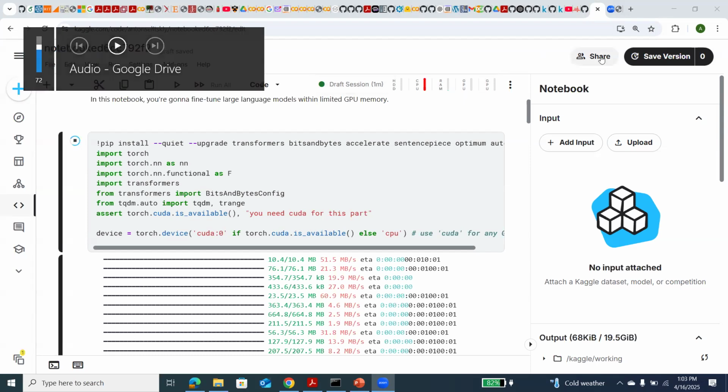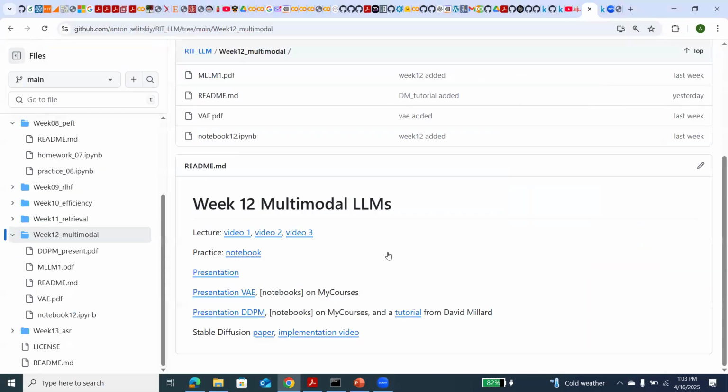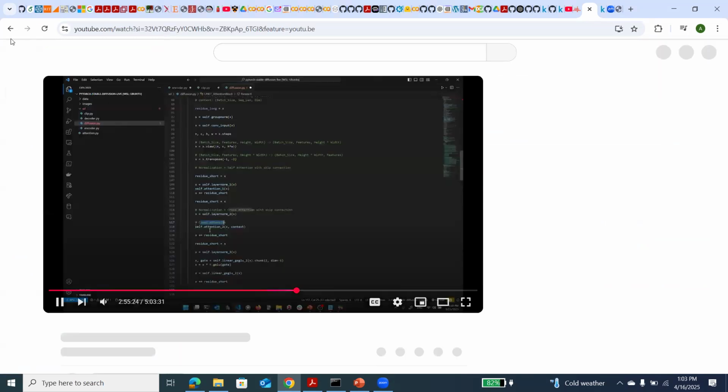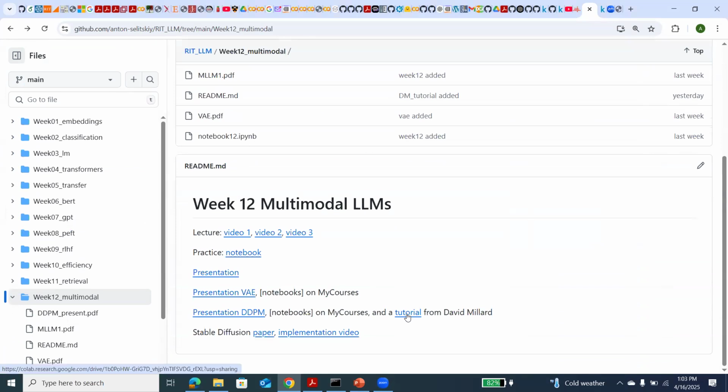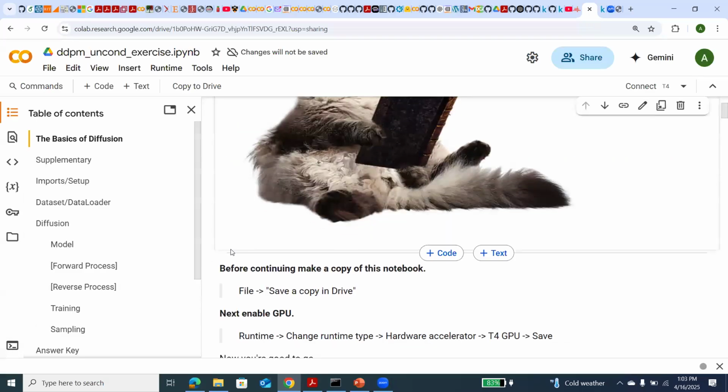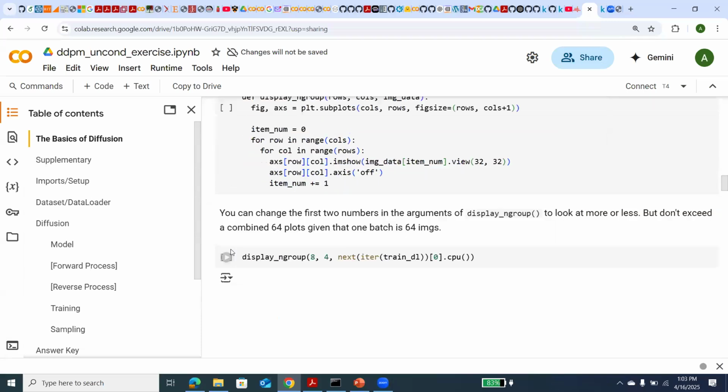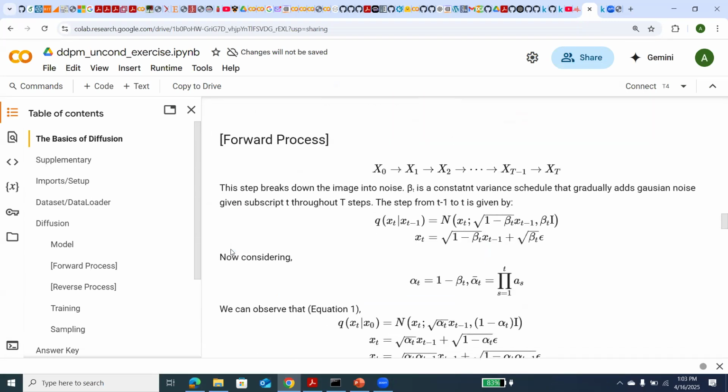While it's running, I want to share this notebook about diffusion. It's the video. The notebook that David created for a demonstration of diffusion models, and it also has visualization